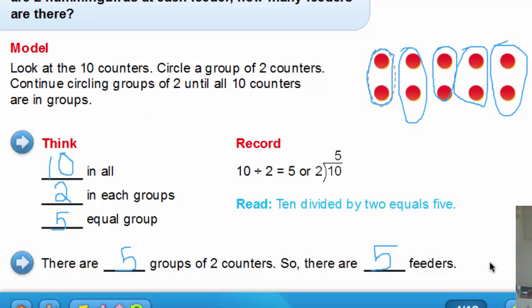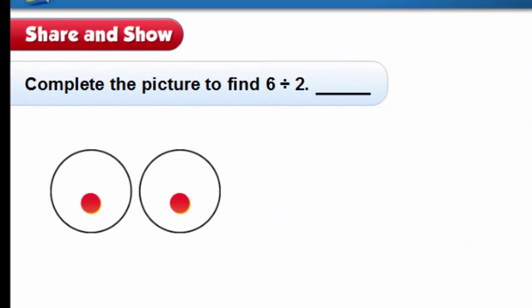You got this, right? I know. Good job. All right, let's look at this one. Complete the picture to find 6 divided by 2. Tell me, how many counters do we need to start with? That's right, 6. Good job. How many equal groups are we going to put them in? You got it, 2. So we have 1 counter, 2,